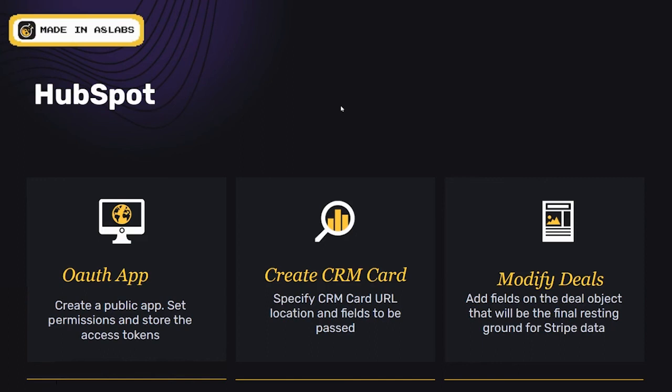The CRM card has two things that you need to keep in mind. One, when a page that has a CRM card on it loads, HubSpot will make an HTTP call to somewhere that you specify to grab some JSON that tells HubSpot how to build the card. That JSON payload tells HubSpot, hey, this CRM card has a button, or it has a title, or it has text here, or numbers here, or links here. That JSON is basically the blueprint for your CRM card.